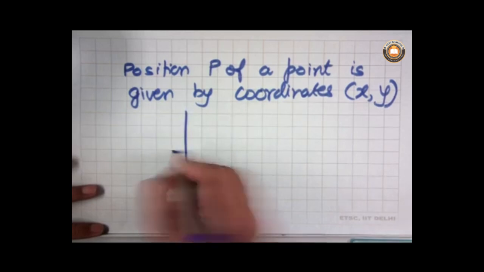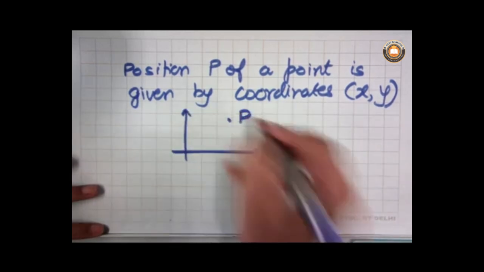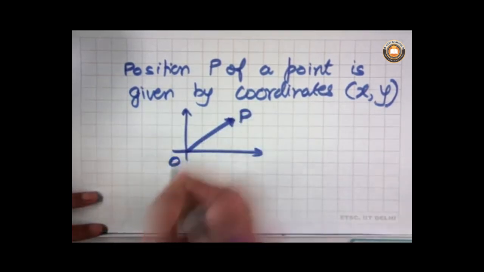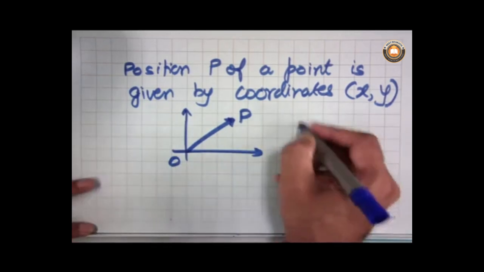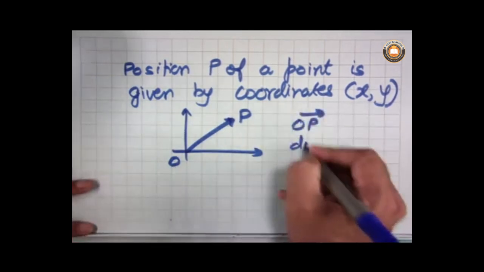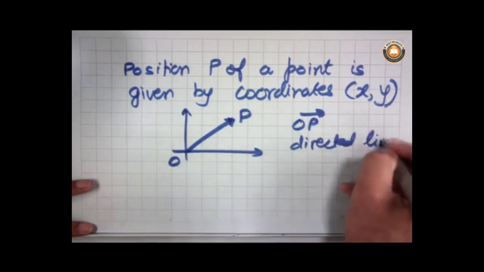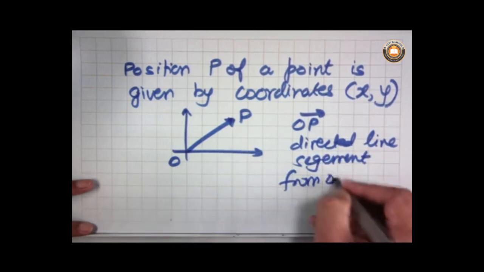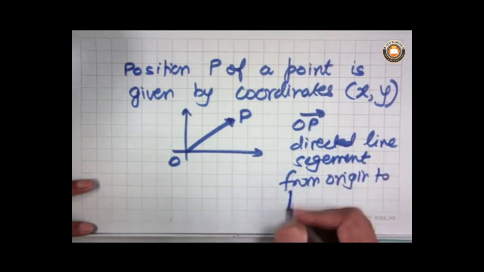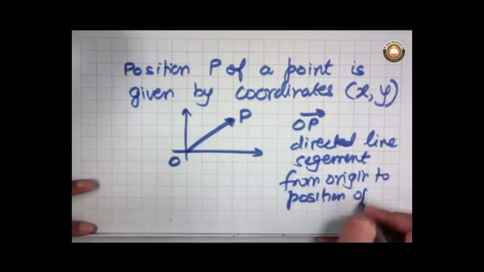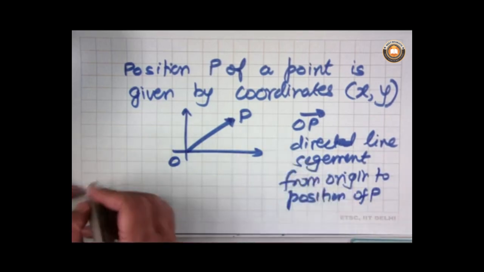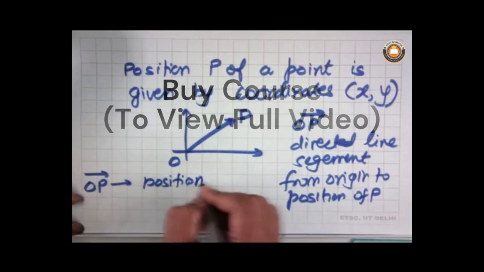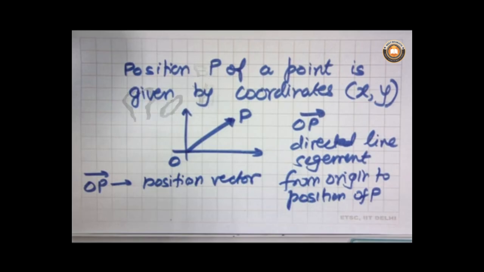Now, there is another term which we define. This is the point P. If we draw a line segment from O to P, then this O to P, which is a directed line segment from origin to the position of P, this OP is what we call the position vector. Now, this is a